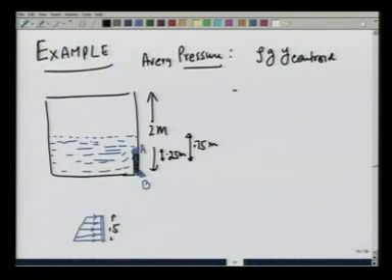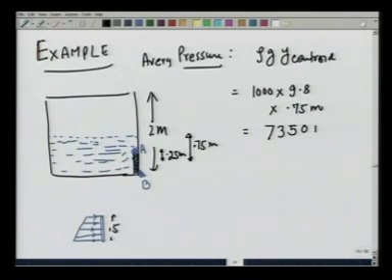So the average pressure on this door is going to be rho, which is 1000, times g, 9.8, times y centroid, which is 0.75 meters. That is going to be 7,350 newtons per meter square,